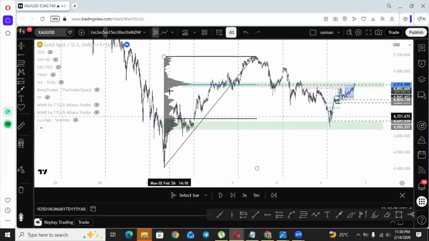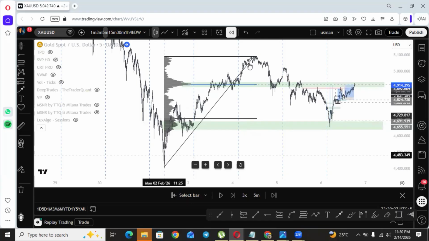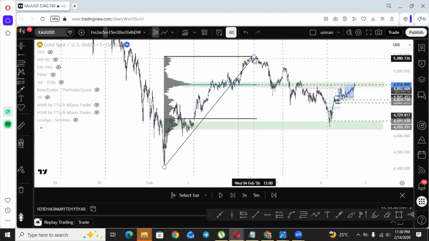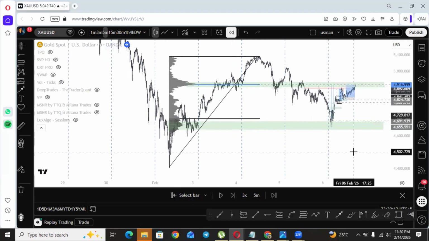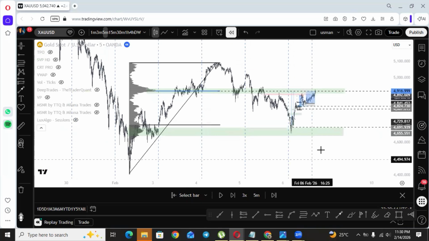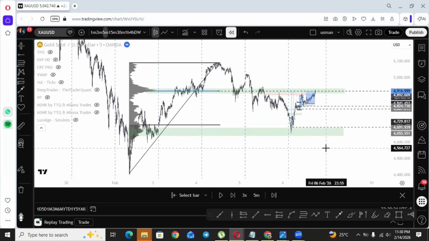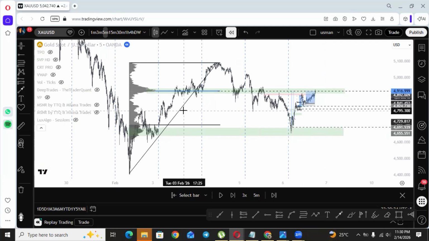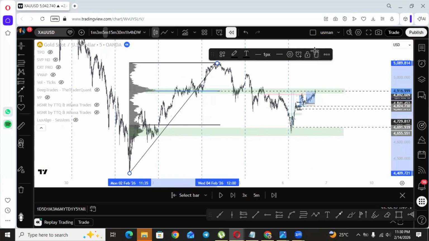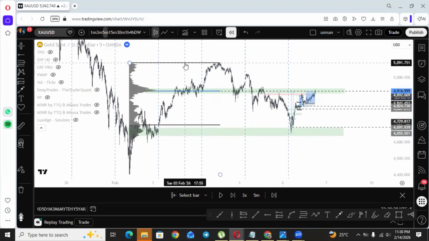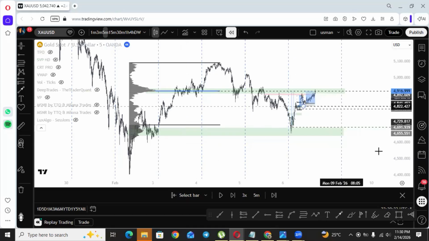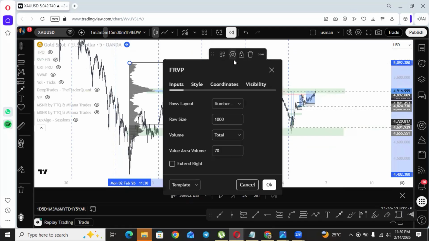This was the low of the Monday and the high of the Wednesday. So you have to be flexible and look at the market with broader vision before drawing the volume profile. If you draw your levels correctly, you can anticipate the market and get very good trades for the day. So that's it. And someone was telling me to show their volume profile settings.